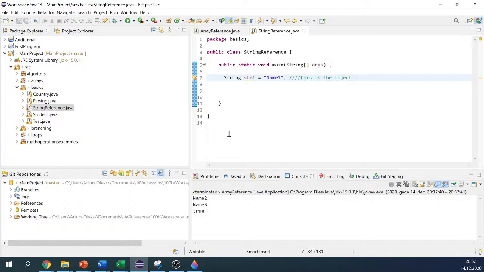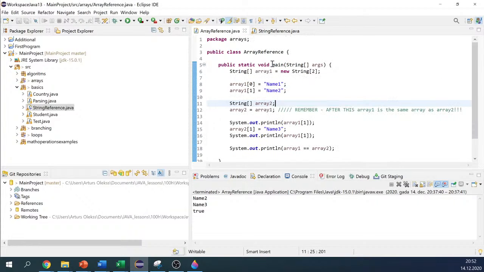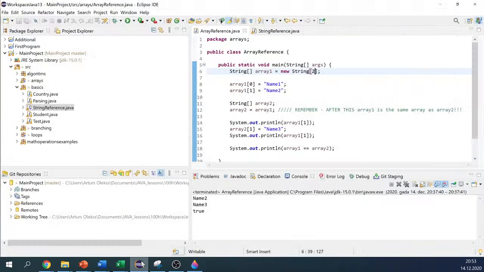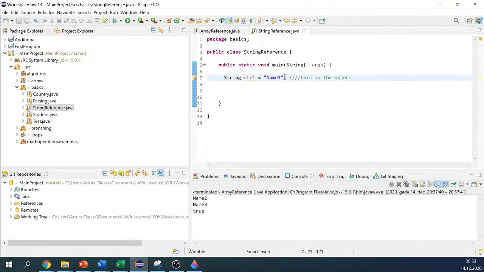Now we can talk a little bit about the difference between the strings and the arrays. Both of them are reference types, so both of them are objects. Strings are objects and arrays are objects. But what's the difference? The difference is that the array can be changed, as you can see from here: we can change the values of the elements inside the array. For the strings, we cannot actually change it because